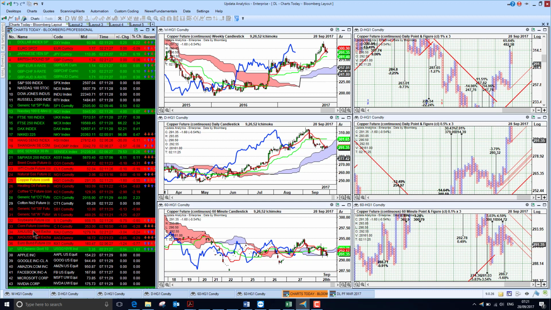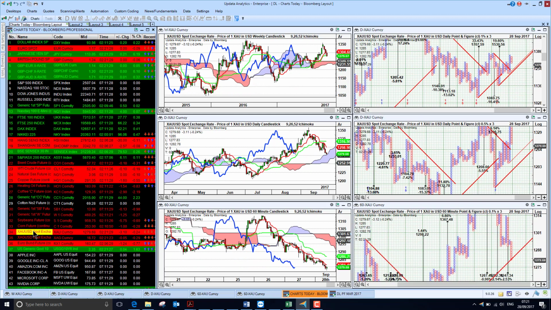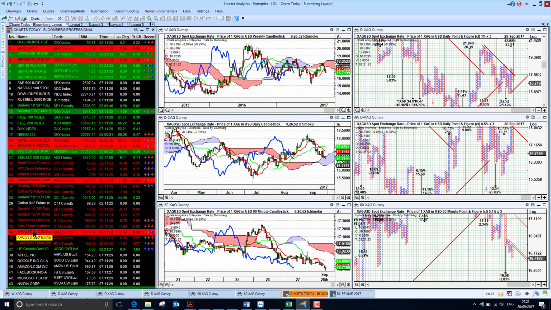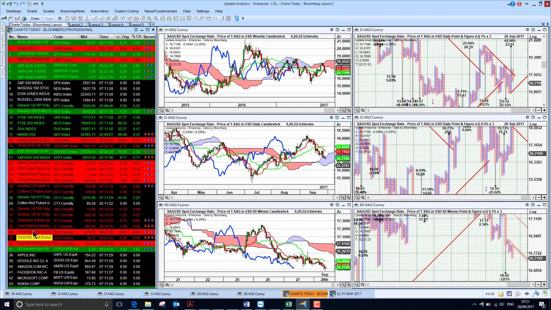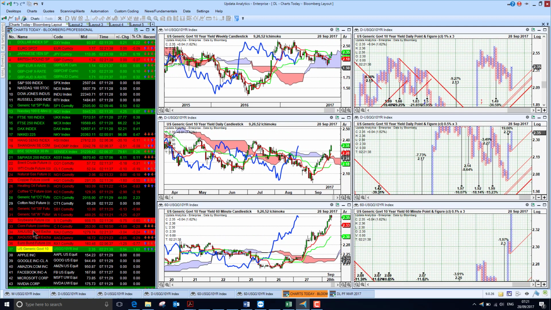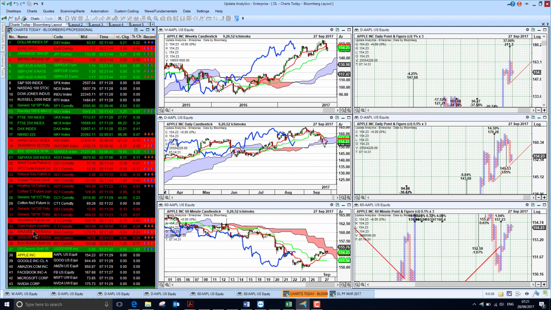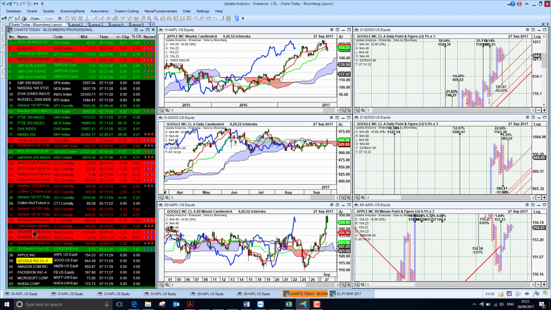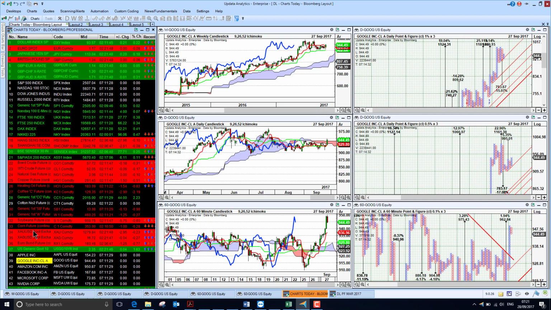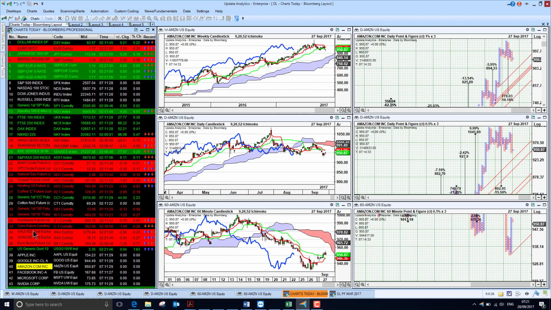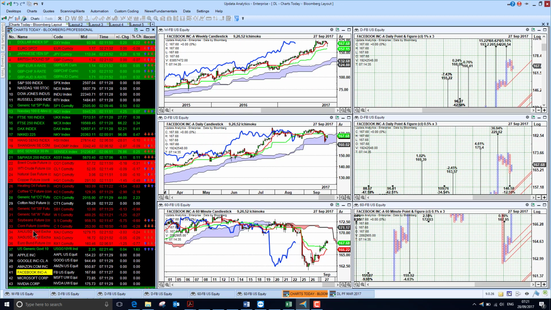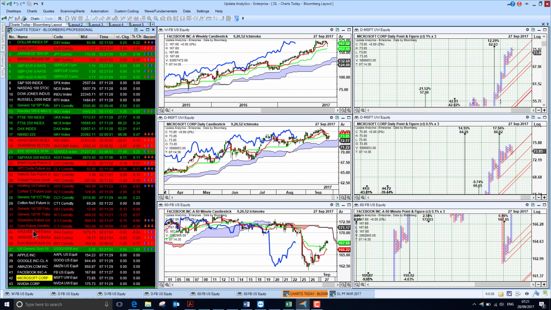If we take a look at gold, sitting at 12.79, so we're a bit bearish there. And if we look at silver, we're also bearish as well. Taking a look at US Treasury yields, jumping above 2.35%, so that's looking bullish as well. And then Apple just bearish below the cloud. Google looking very strong, sharp recovery there yesterday. Amazon not quite yet back into bullish, and Facebook just recovering, as is Microsoft.